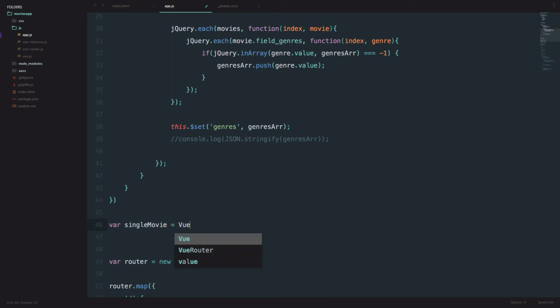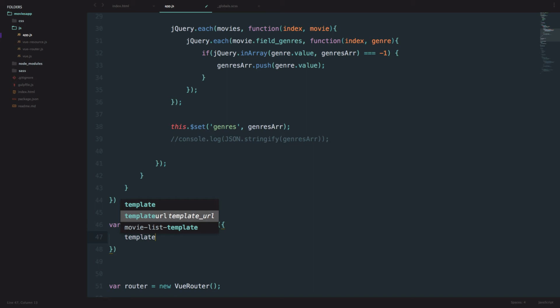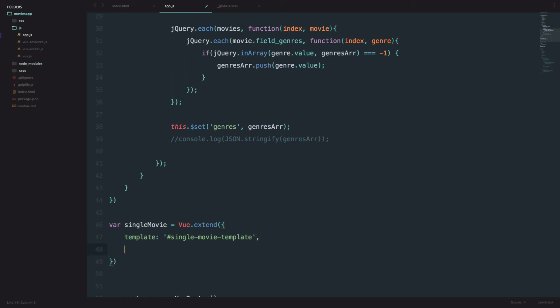equals Vue.extend. Okay, open this up. Of course we have to call out our template, and our template is called single movie template. Okay, then we call out our data,